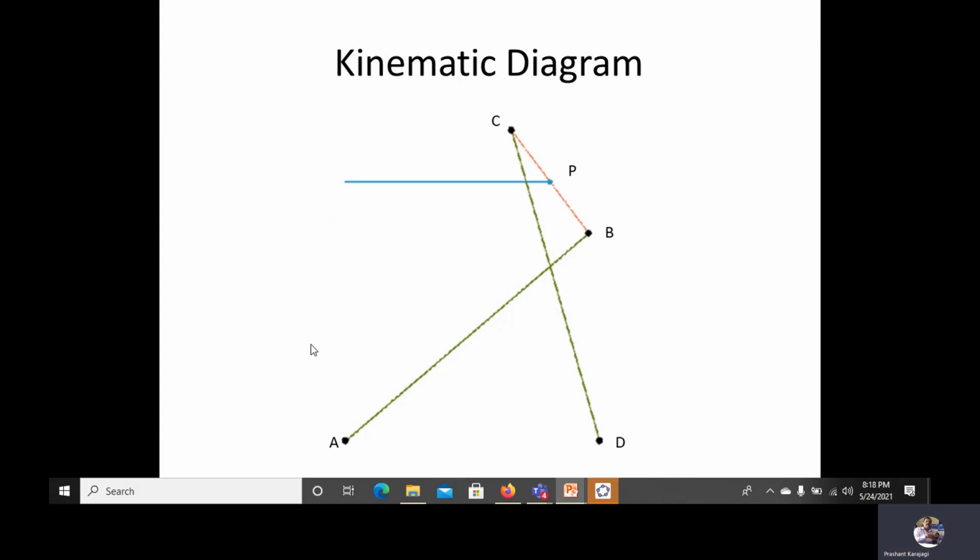So this is the kinematic diagram. A is pivoted, D is also pivoted. AB, which is the input, oscillates about pin joint A. CD is the output link, which oscillates about pin joint D. BC is the coupler link, where P is the midpoint of BC, which traces the straight line path when AB is given oscillatory motion about A.